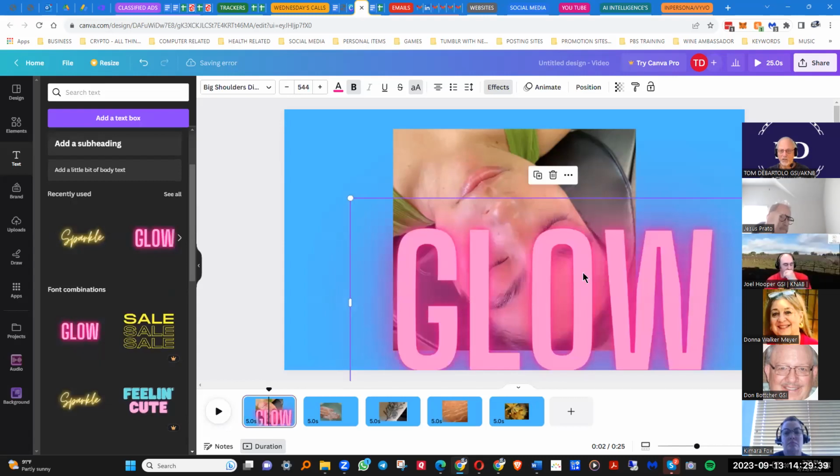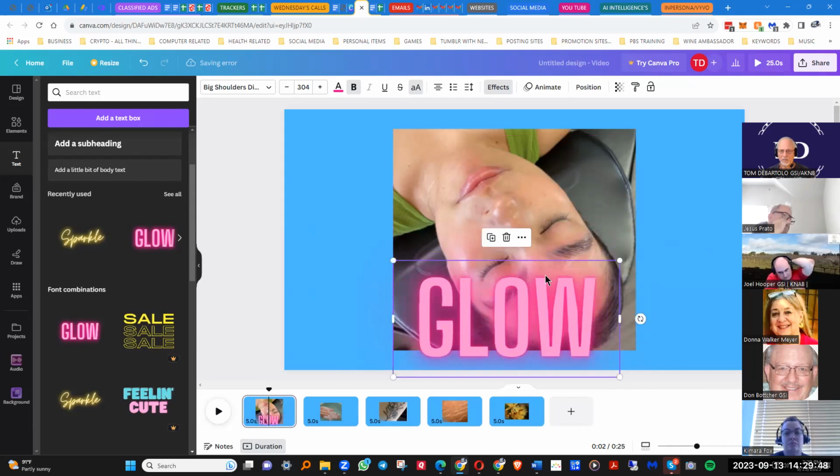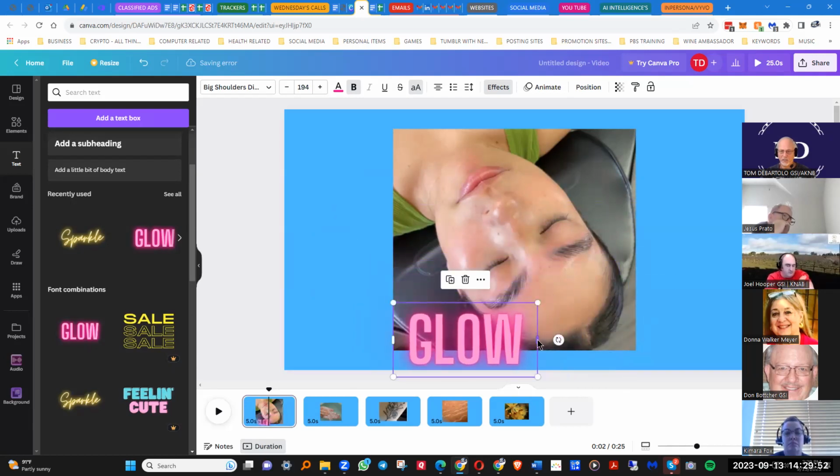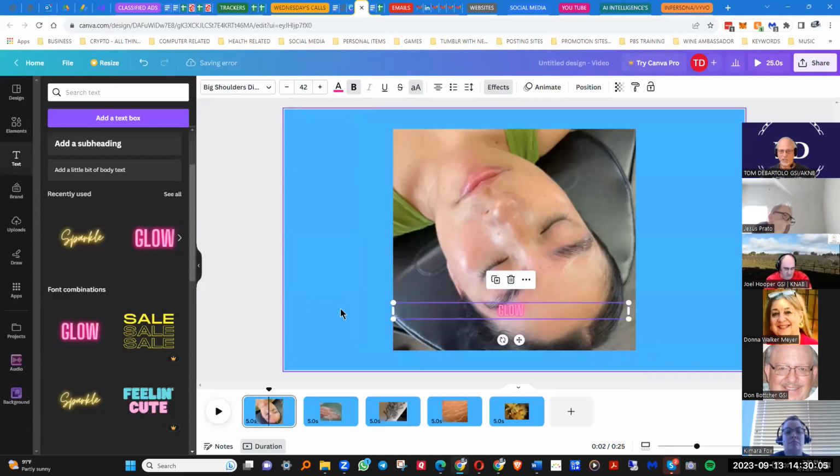And you see how big it is? Well, you can drag it and make it smaller. And when it gets to a point that it's too small or still not small enough, you can always go up here to the top and change it. Click on it, 42.